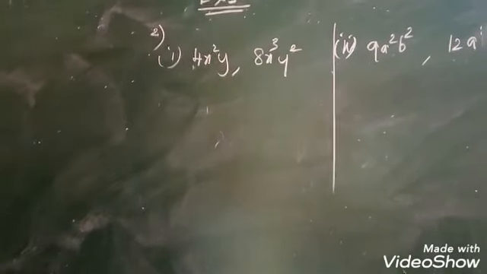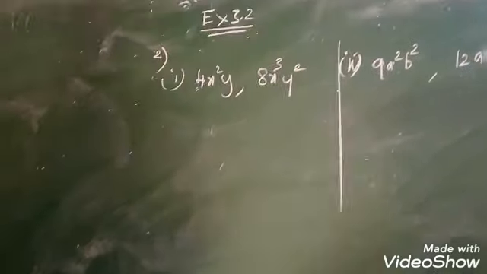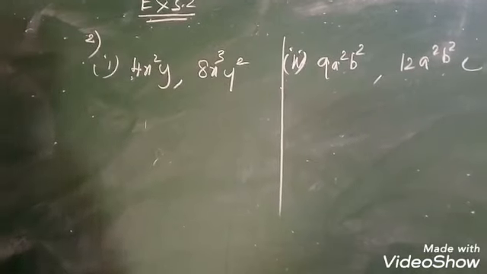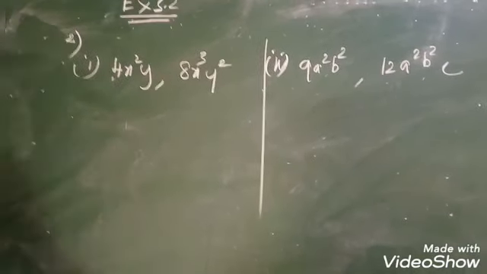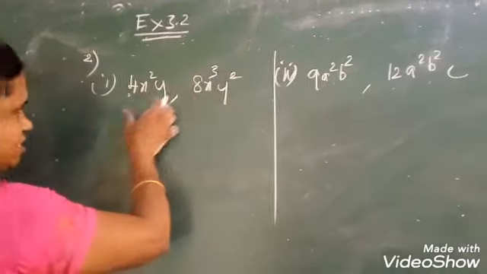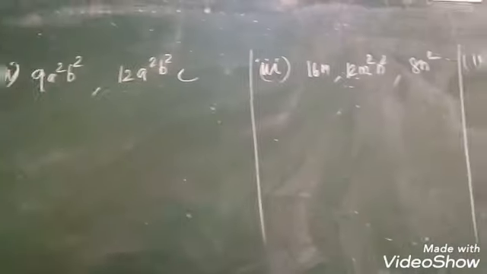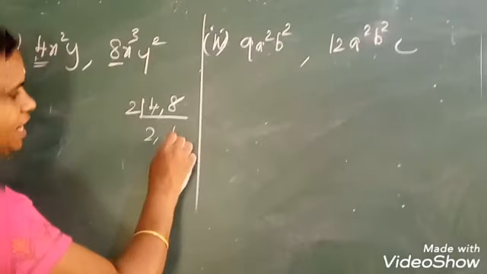See, girls, now let us see exercise 3.2. The second sum I am going to teach first. Afterwards I will teach the first one, because it is very easy, girls. Two terms are given in each sum, and you want to find out the LCM. First you have to see the numerical values: 4 and 8. Write 4 and 8 in the rough column and divide with the 2 table, because we know the prime numbers very well: 2, 3, 5. So first you divide with the 2 table. 2 2s are 4.